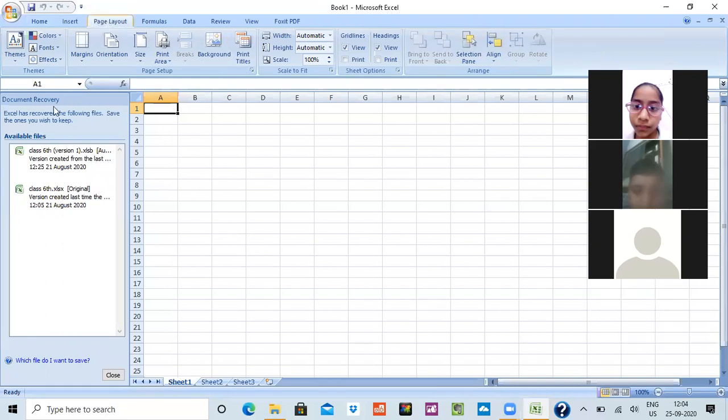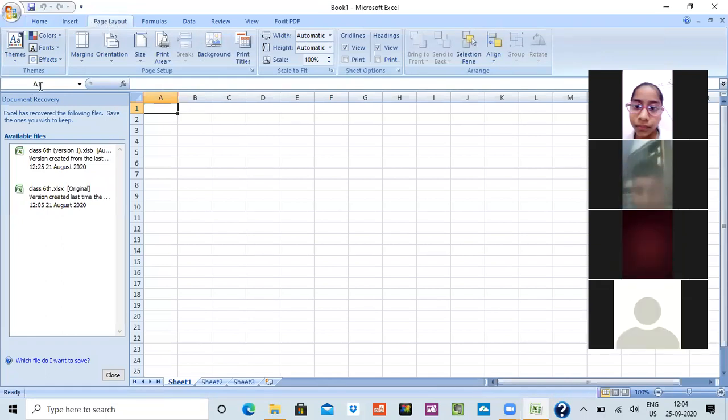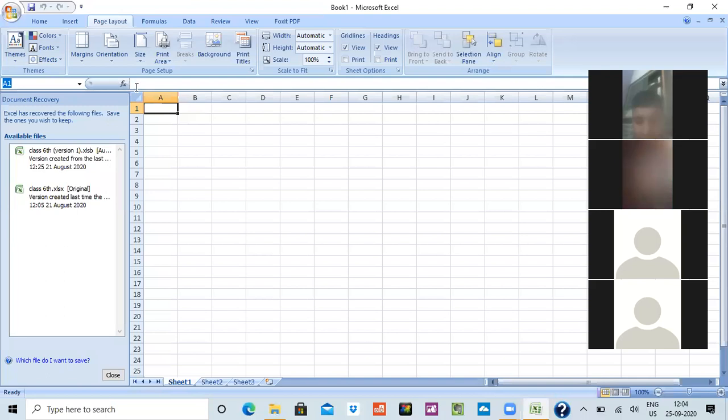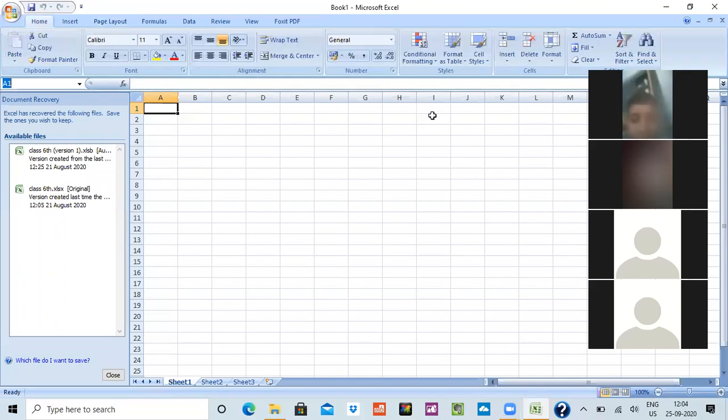This is the tab. Then we come to the name box. Here the cell name is present. This is the formula bar over here. Here we write the formula. Then we have a group over here that we can select, even the groups that we want to select. As we know, this is a cell and here we have rows and columns. Okay, so each and everything is given. This is a status bar. Here we see the status.